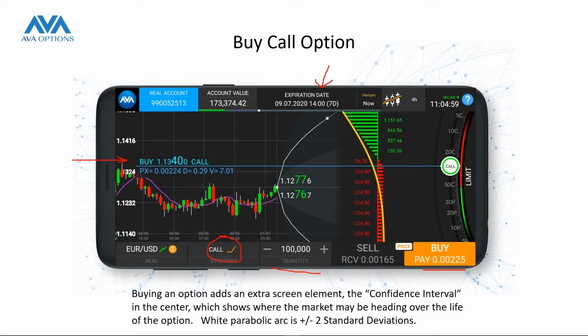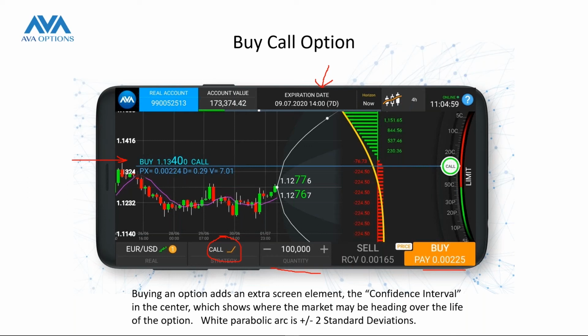This green button that says call is a slider. It's a handle. You can move it up and down. And as you move it up and down, the price of the option will update and you get to see prices for the option at any strike. Or if you click this expiration date button, you can change your expiration date and look at options anywhere from 1 day to 1 year.